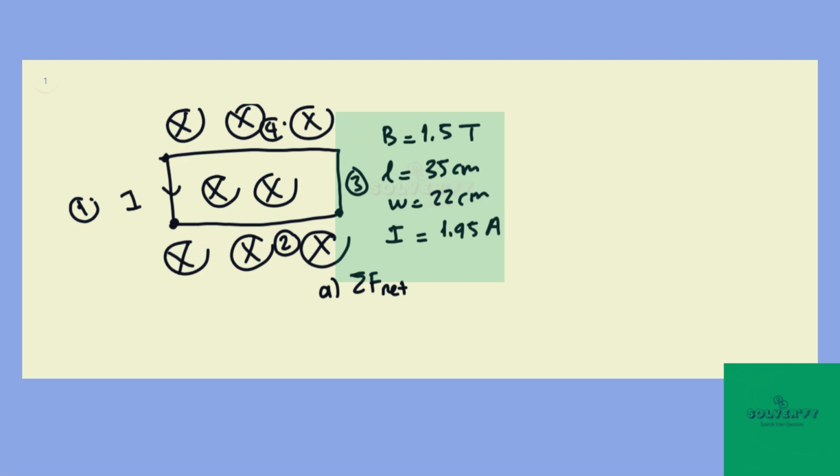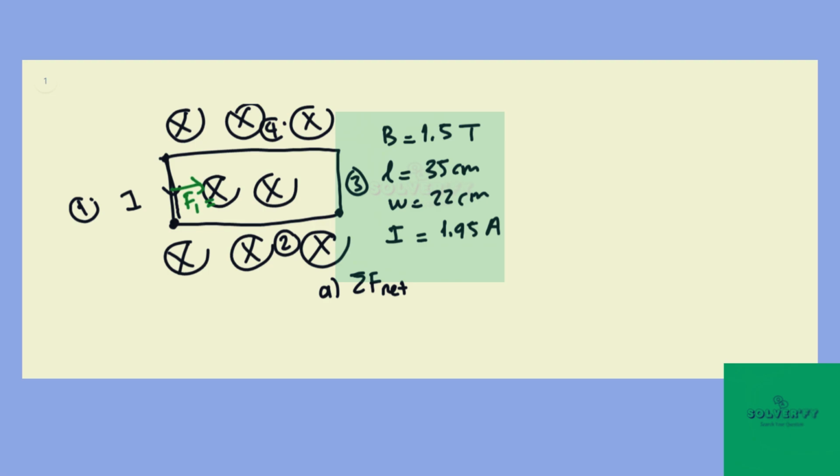Now, when we look at the direction of the force for the first segment, let me use a different color. As you know from the right-hand rule, your thumb is along the direction of the current, which is down, and the rest of your fingers are aligned with B, into the page. So curl your fingers 90 degrees. You're going to see that this force, let's call it F sub 1, in magnitude, it's going to be equal